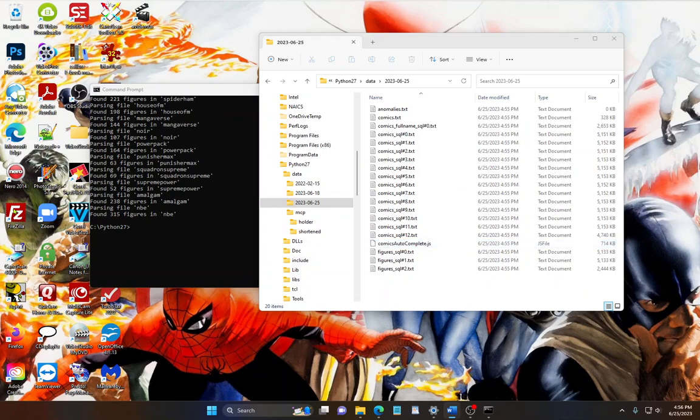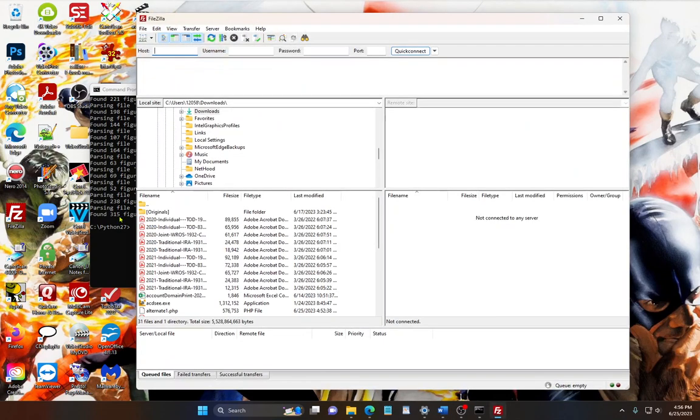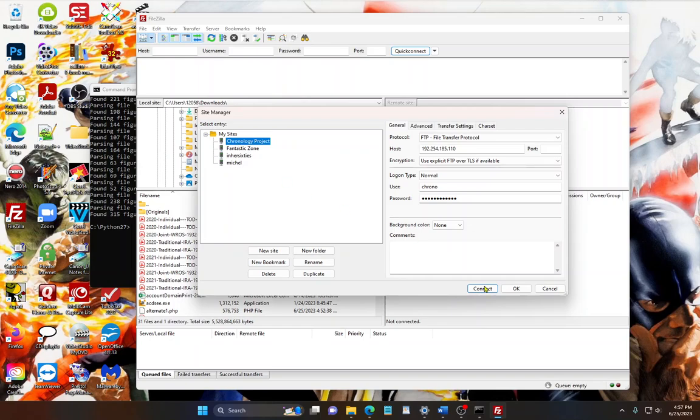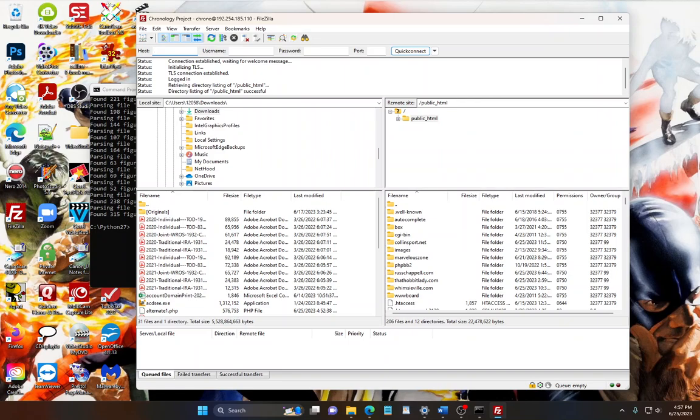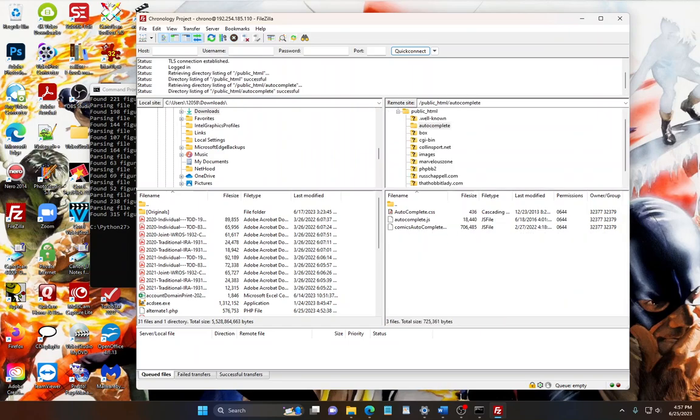I'm going to use FileZilla, and you can refer to the tutorial on FileZilla for how to get around in here. I'm going to go to the chronology project, and let's see, we're looking for the autocomplete folder. I'm going to double click on the autocomplete folder to open that up on the server, and I want to upload the file